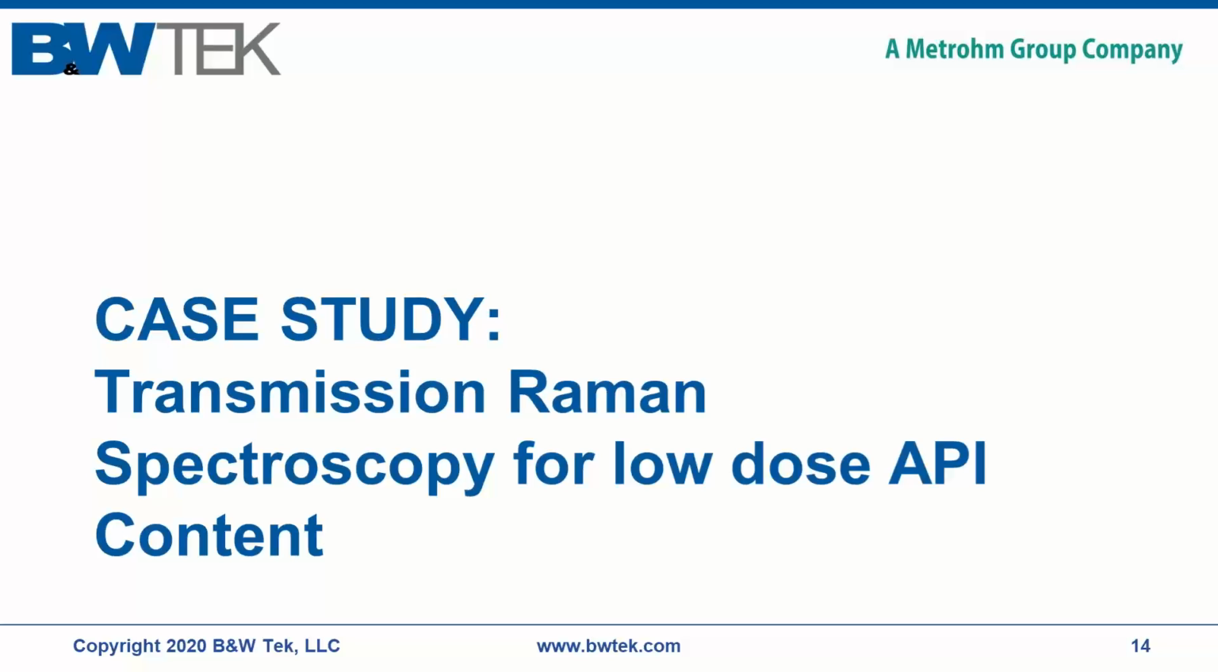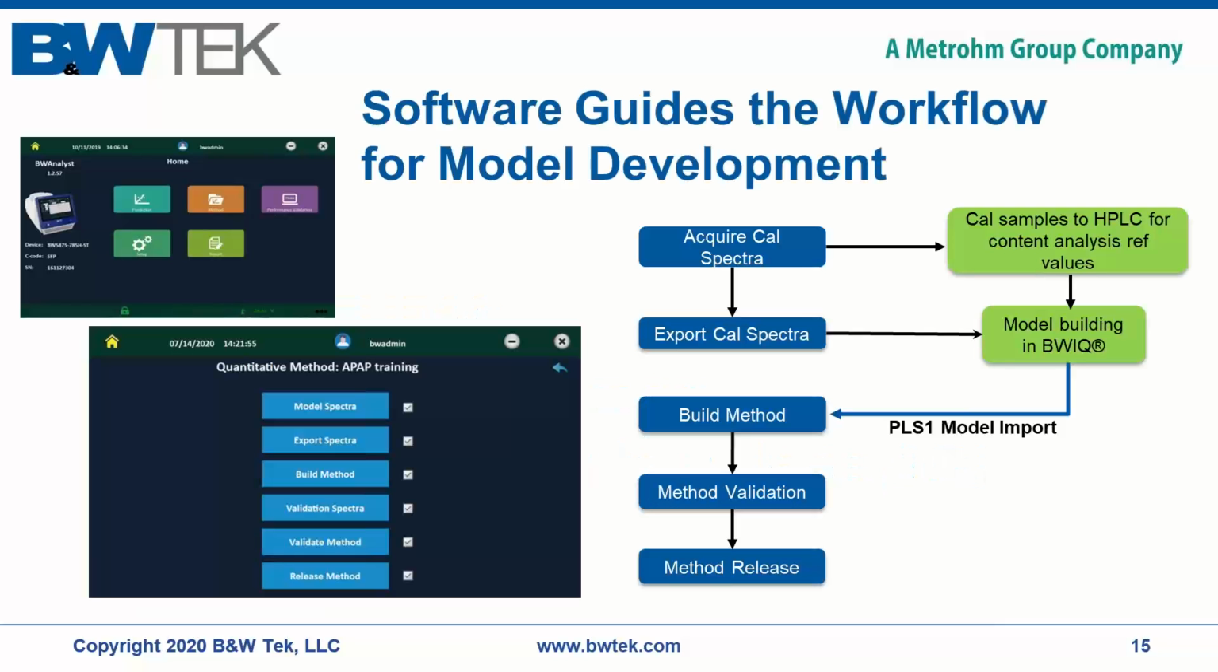So now I'd like to walk through a case study of using transmission Raman spectroscopy for low-dose API content. And in this work, we use the QT-RAM with the BW Analyst software, and the software is on the embedded touchscreen, so it's touch-friendly software, and follows a logical workflow for the method development. So when we go into the method development module of the software, we have step-by-step